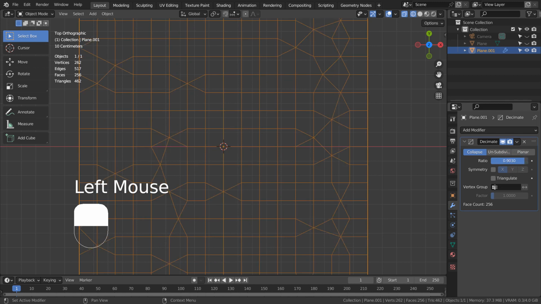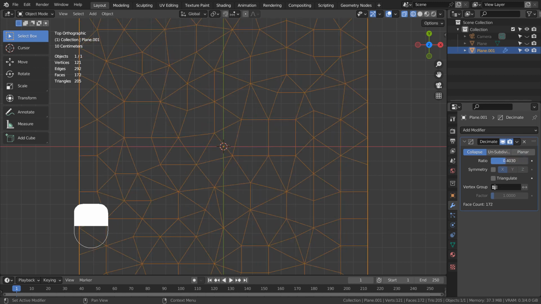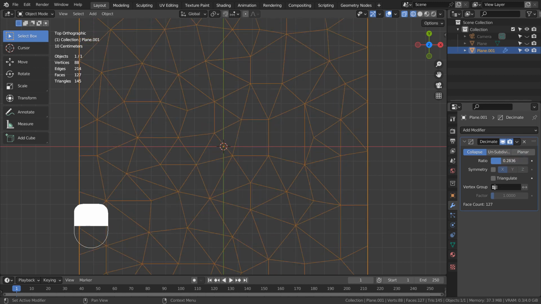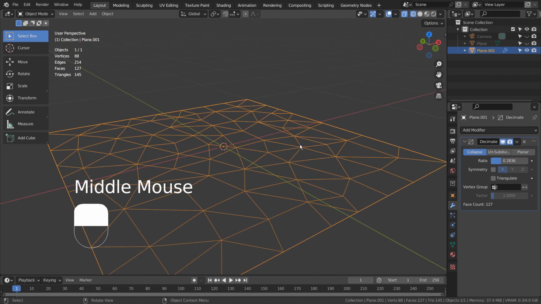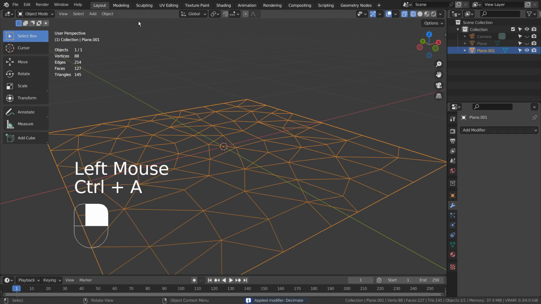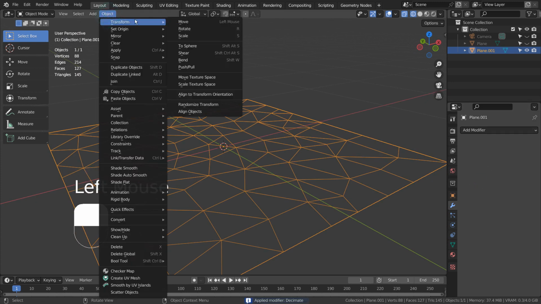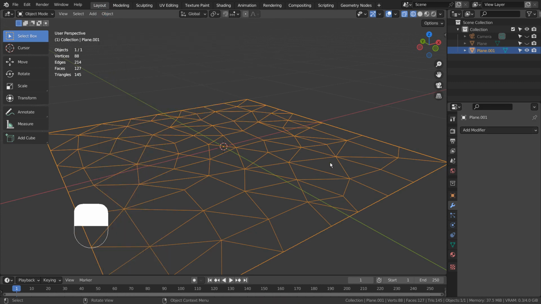If we have more subdivisions, then we'll have smaller triangular faces. We can either randomize the mesh, or select the random vertices and move them upward to create a sharp angled face.